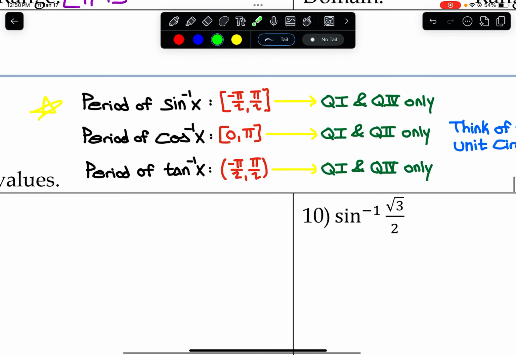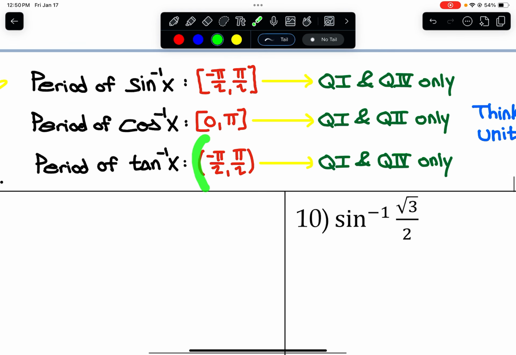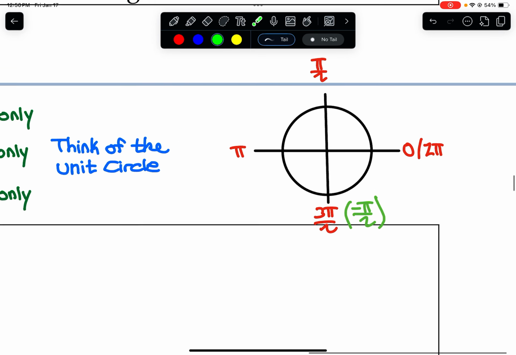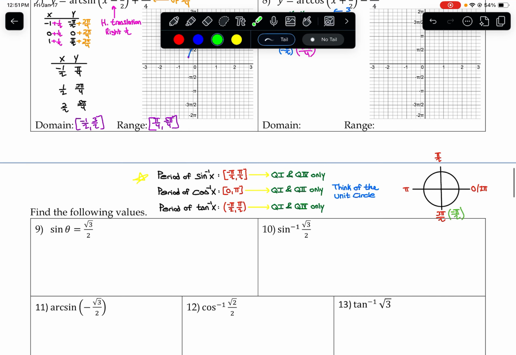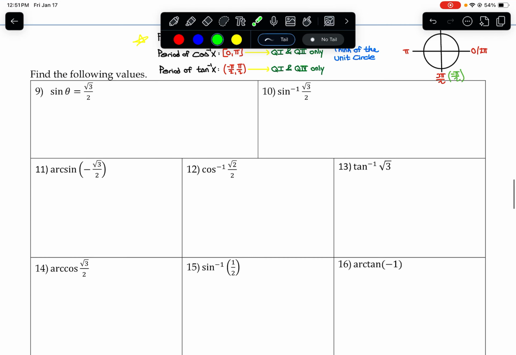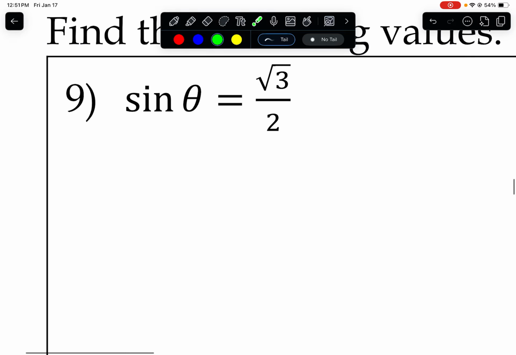Okay, and then for inverse tangent, that puts us in negative pi over 2 to pi over 2, which once again, same as sine, is going to be from quadrant 1 to quadrant 4. So that's what that's going to translate to. Okay, all right, now I'm going to go through this section. So for this first part, you want to think of these problems like you would the traditional unit circle. So in terms of the unit circle, you're asking yourself,